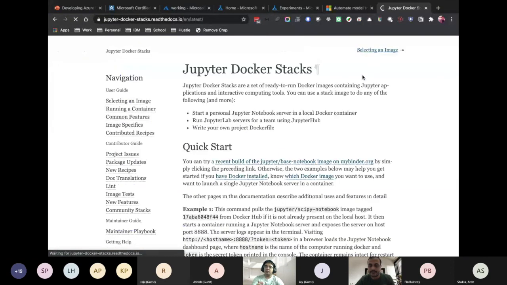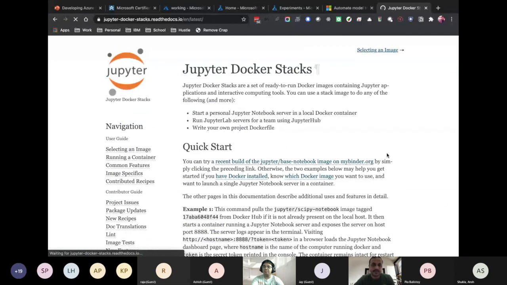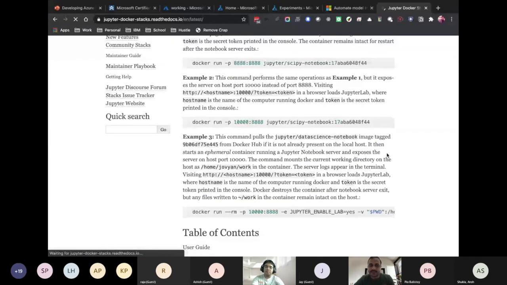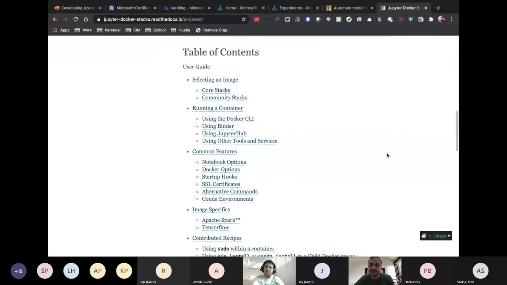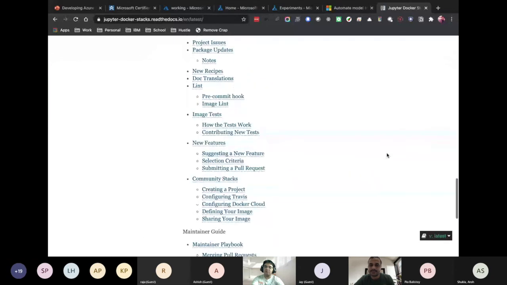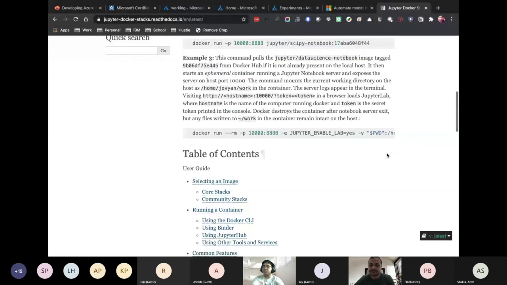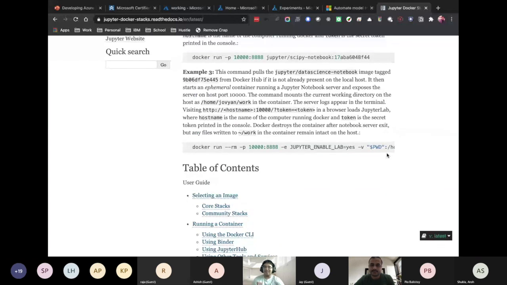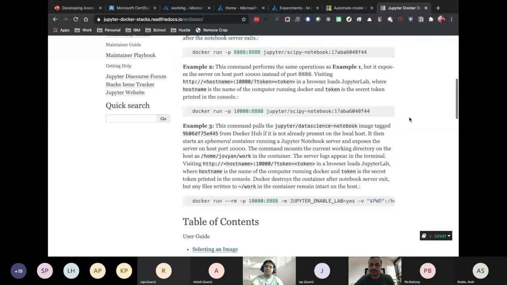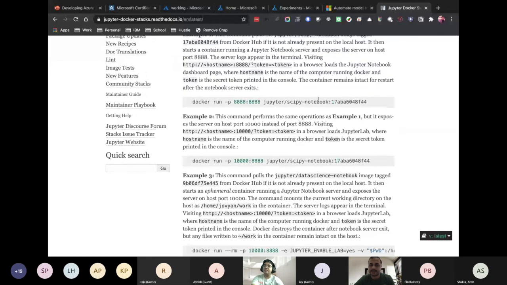You can pull one of those and then build on top of it. Okay, so that's a possibility. You have a lot of options, like Spark based ones, TensorFlow based ones, ones that have everything. They even have an R image. So I think you can build off of this.